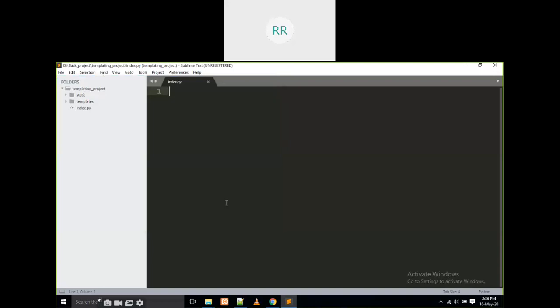Now I am going to write the content. From flask import star. I am going to create the object for Flask: app equals Flask of underscore name underscore. Then I add app dot route for the home page, the default page.